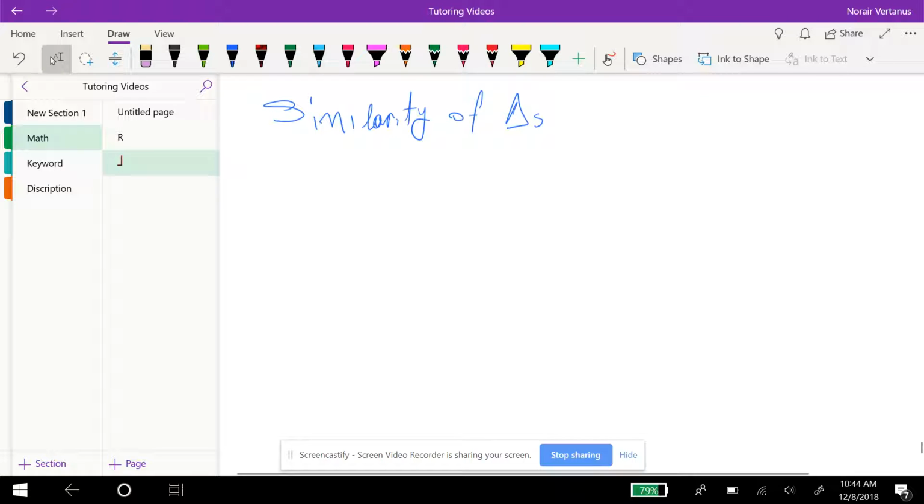Similarity of triangles. It's about two triangles. Let's say this triangle and then another triangle with different measurements. And we want to prove these two triangles are similar. There are three cases. Simplest one